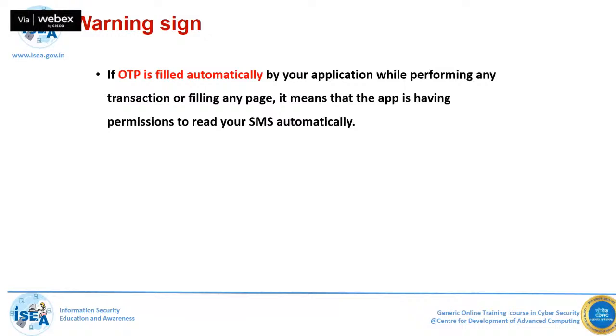Whenever you are downloading any mobile application, it should be Play Protect only. If the app is Play Protect verified, then only download. Otherwise, don't download. Use Play Protect to scan those applications, and then you will come to know whether these apps are genuine or not. You should follow these things so that you can safeguard your mobile phone.